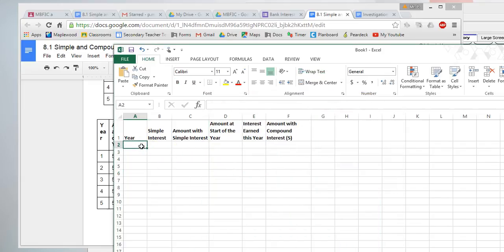So my year is just going to go 1, 2, 3, 4, and 5. Now for the simple interest, I'm just going to enter my original number. Remember, you always put equals. So it's going to be equals 5,000 times 0.04 times